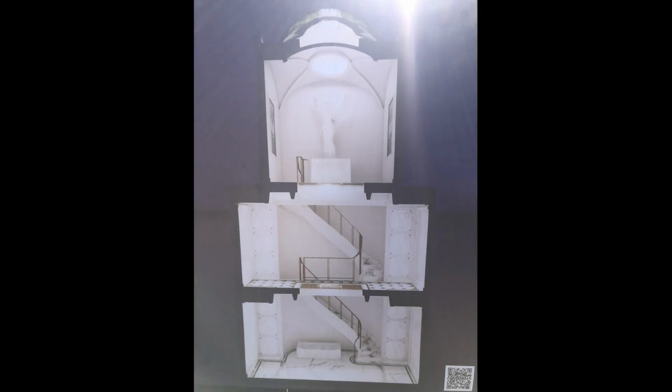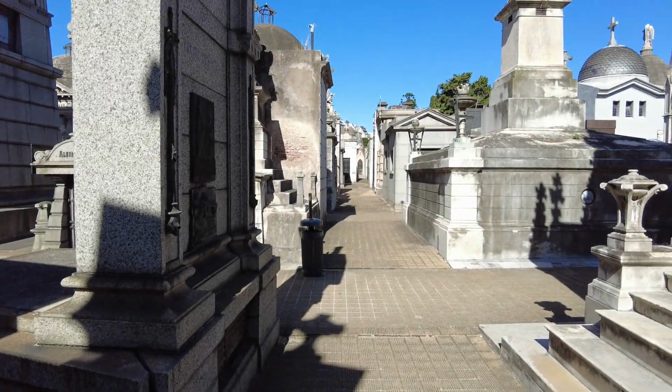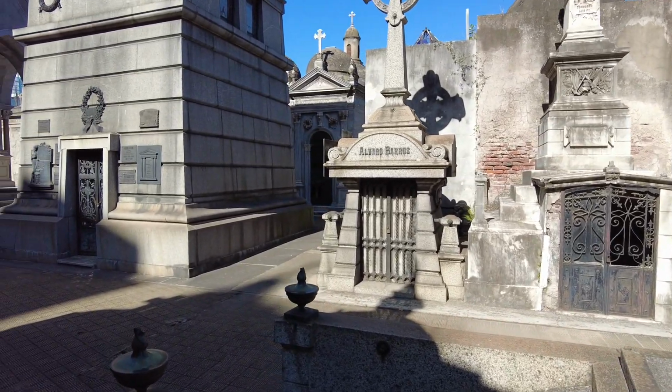There was one crypt that was undergoing work of some sort, restoration or construction, and they had this photo outside, and you can see in it that this particular one is at least 3 levels, one ground level and 2 below ground. After seeing the one under construction, I started paying more attention and noticed that through some of the